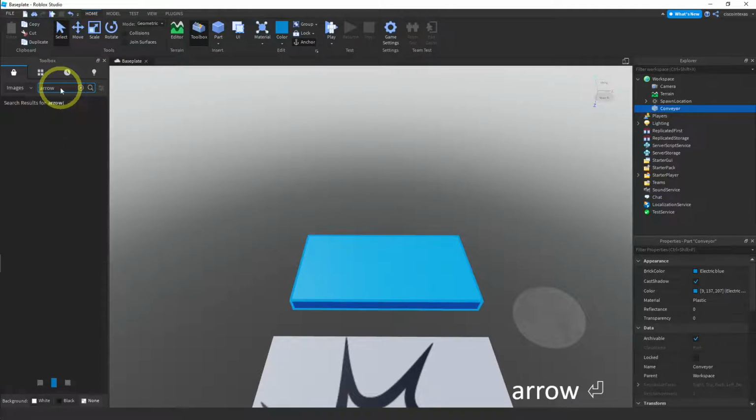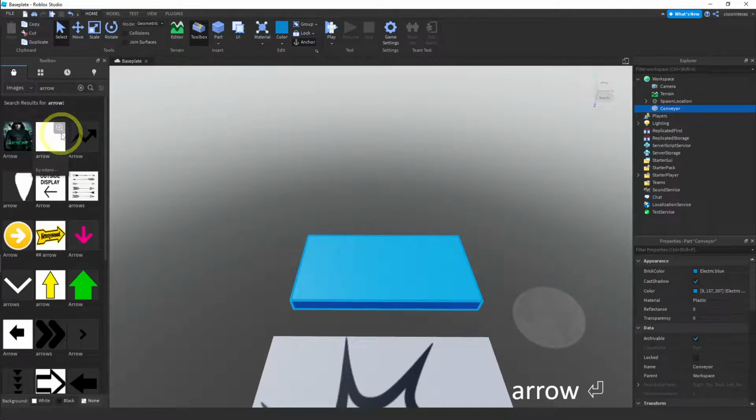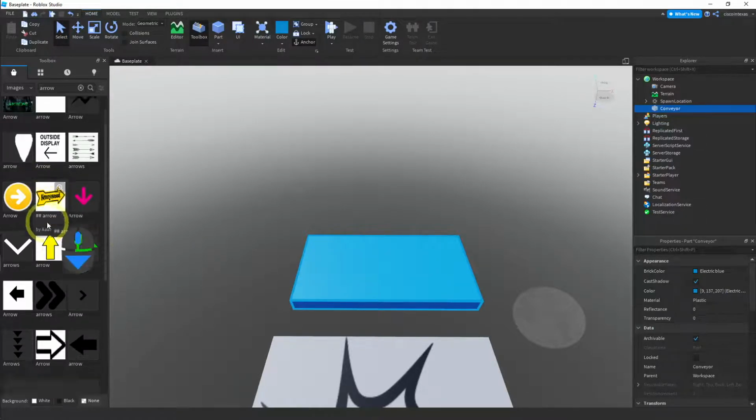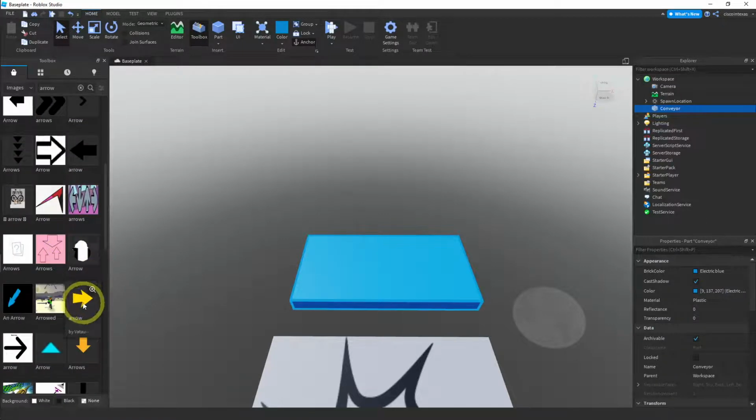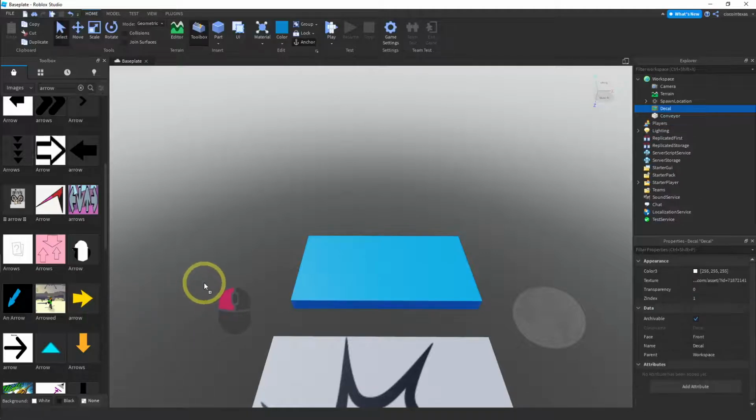Hit enter. And we get a lot of choices. I'm going to look for one that moves in the same direction that the platform, this conveyor, moves you. So I'm looking for something that points to the right. This one actually looks pretty good, this little yellow one. So I'm just going to drag it. All you do is you click and hold with the left mouse button and then drag it over to your